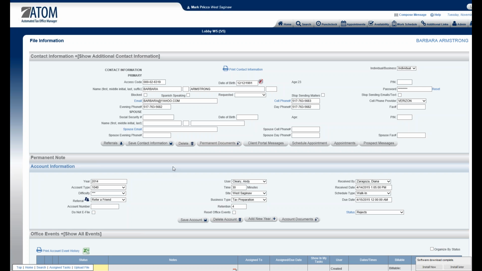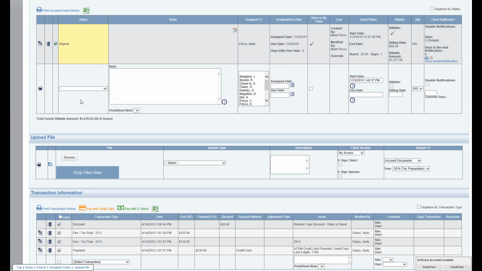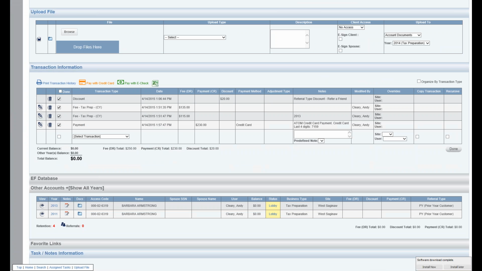Welcome to Document Management, uploading files from the Upload File section within the client file. So in this example, I'm in Barbara's file. I'm going to scroll down, and you see there's the Upload File section, and I'm going to demonstrate how you can upload files from here